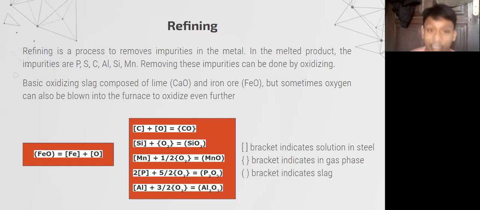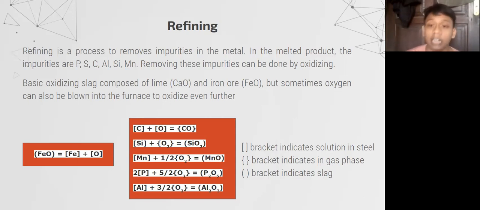After the melting process, we will continue into the refining process. What is refining? Refining is a process to remove impurities in the metal. In the melted product, generally the impurities are phosphorus, silicon, carbon, aluminum, and manganese. Removing these impurities can be done by oxidizing these compounds. Basic oxidizing slag composed of lime, or calcium oxide, and iron ore or ferrous oxide can be added to oxidize these impurities,